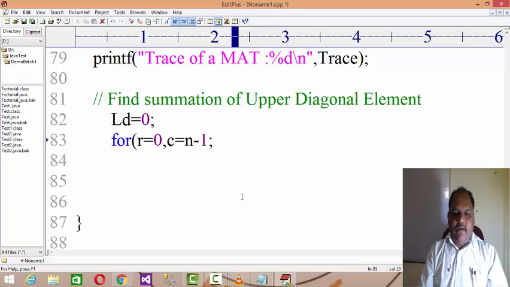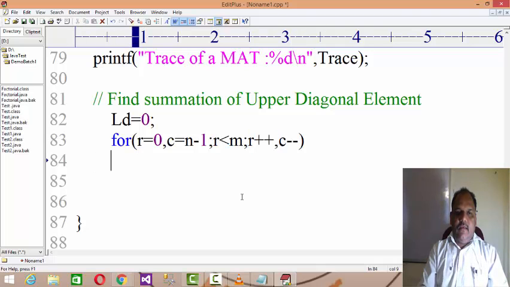Again it's a square matrix, so row less than n, right? Row plus plus, but column minus minus. Column has to be initialized to n minus 1, that is max, until row is less than n; the value of row is incrementing and column is decrementing.